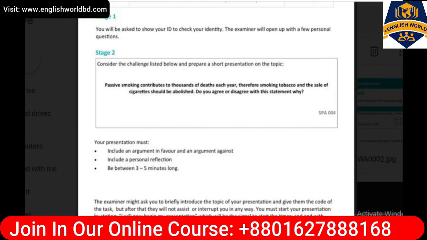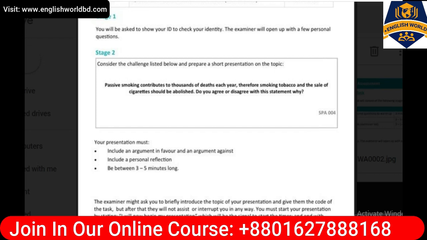Well, topic number 4 is: passive smoking contributes to thousands of deaths each year. Therefore, smoking tobacco and the sale of cigarettes should be abolished. Do you agree or disagree with this statement? That means this topic is all about smoking, which contributes or leads to deaths. Actually, people die a lot from passive smoking,